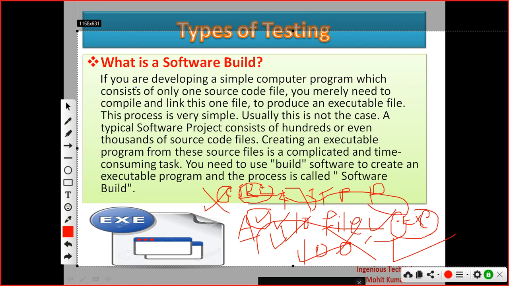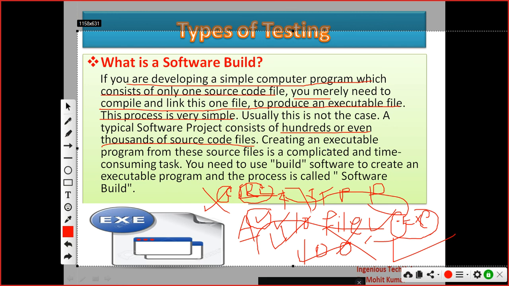Okay, so if you are developing a simple computer program which consists of only one source code file, you merely need to compile and link this file to produce the executable file. This process is very simple. But a typical software product consists of hundreds or even thousands of source code files, and manually we cannot compile and execute.